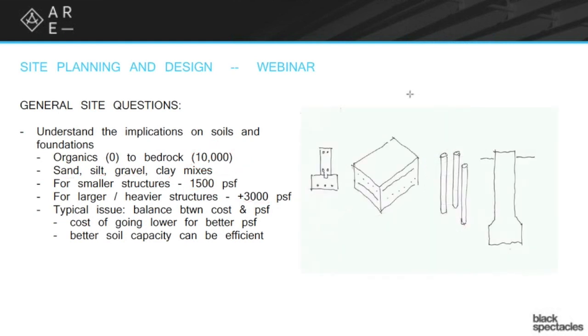Foundations are mostly pretty obvious. Strip foundations, raft foundations. A raft is quite likely to show up because it's kind of unusual. A raft foundation is where the soils just suck. Like you've just got really bad soils, and you're not really sure about it. And so instead of worrying about it, what you're going to do is turn the entire basement